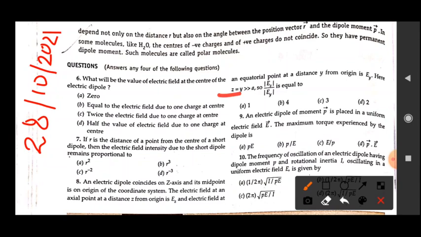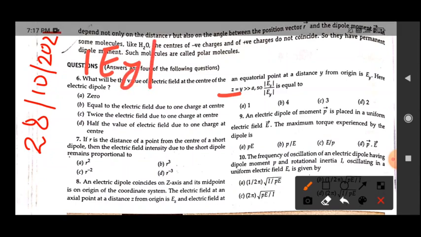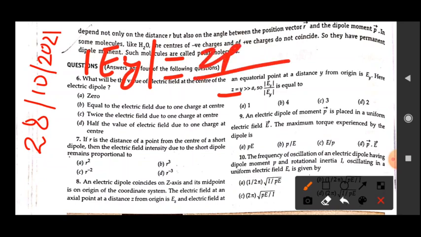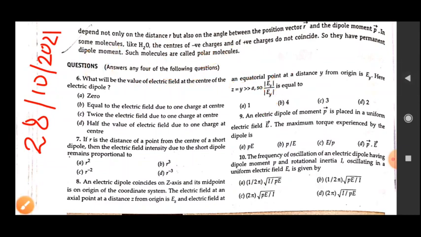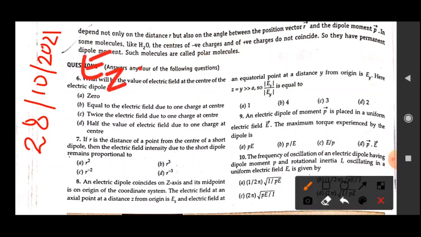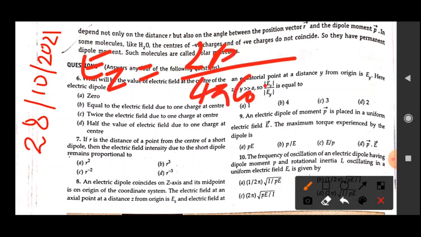So variation, just like just now with the formula we have seen, for the direction y you can calculate the value of Ey for the axial point. So just write down, I have written the formula. With the help of that we can write 2p upon 4 pi epsilon 0 y cube. And similarly you can write it for the z also. So Ez will be now 2p upon 4 pi epsilon 0 z cube. So these two things first we have discussed.